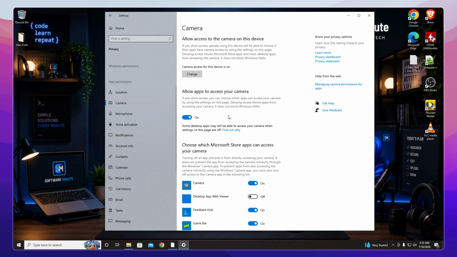Once you're in the camera settings page, you'll prominently see a toggle switch labeled Camera Access. This toggle controls whether your camera is enabled system-wide on your Windows 11 computer. If the toggle is currently off, simply click it to turn it on, and your camera will now be enabled